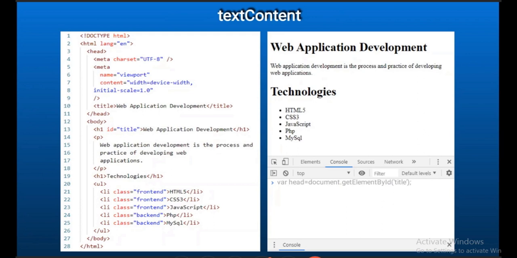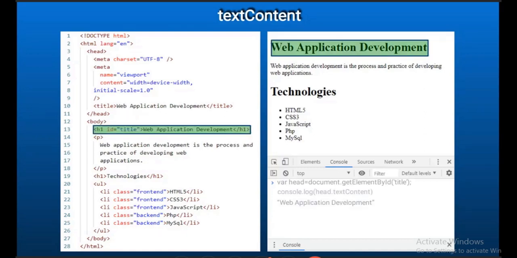In the console I have logged console.log head.textContent. The word itself is clear: text content just provides me the content of the text. Whatever text is present inside that element, give it to me.